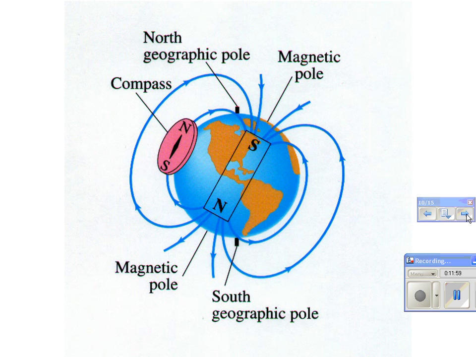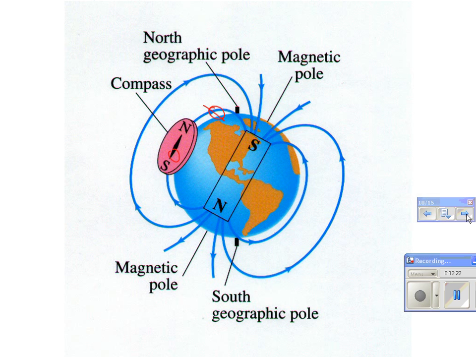So notice, if you went up here more, your compass needle would point down into the Earth, because that's what the field is doing there. And if you're right down here at the equator, it would be perfectly horizontal, and it could show you the tilt as well. Now, in geology, particularly in igneous rocks that form from molten magma, when the magma cools and solidifies,